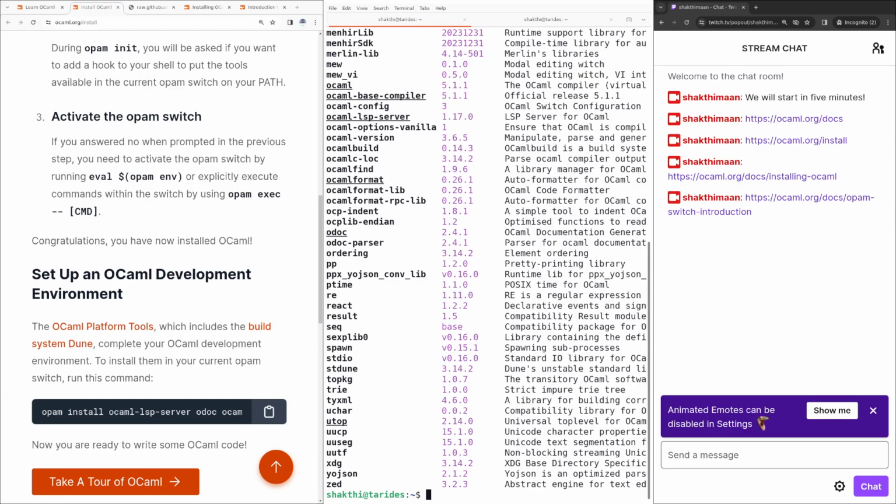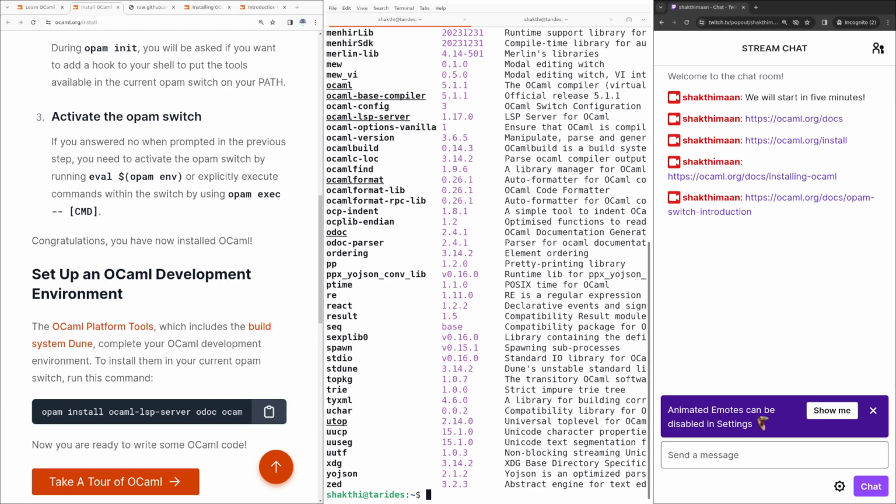That's good. So now let's verify UTOP. So we just run UTOP and I hit enter. It is a nice colorful interface. So all those expressions that we tried earlier in playground will work here, but specifically I want to show you